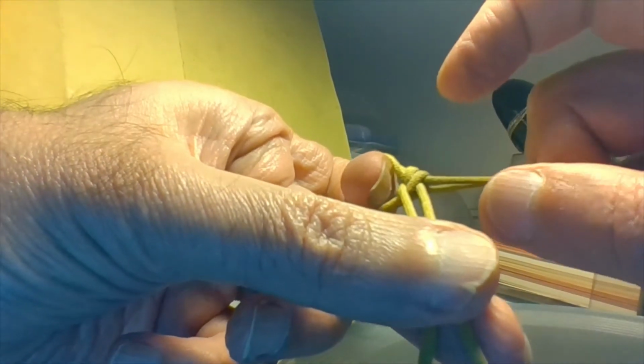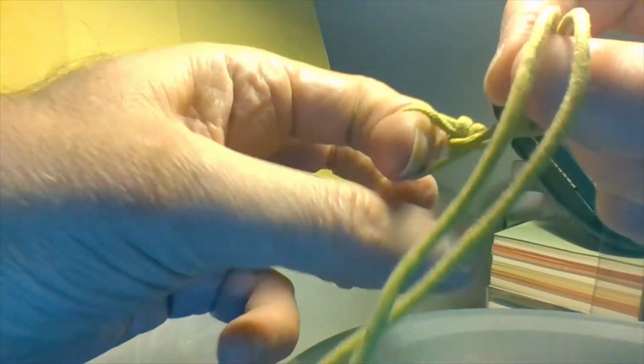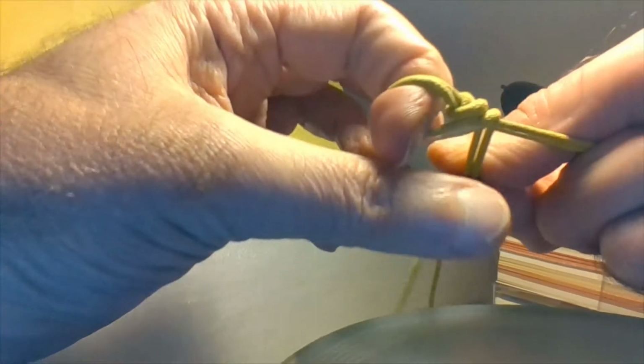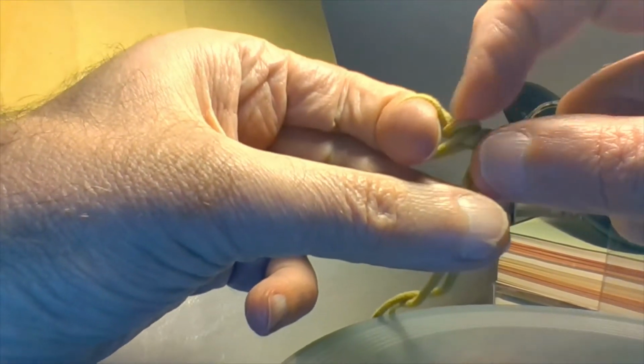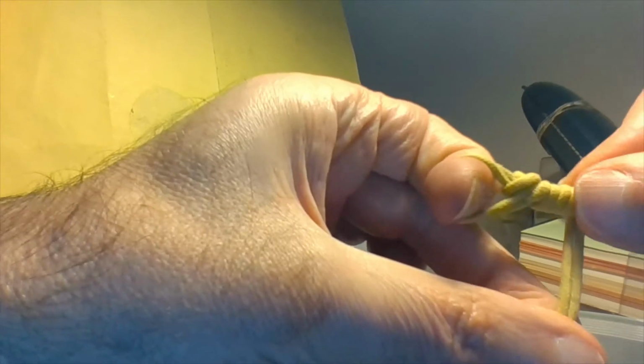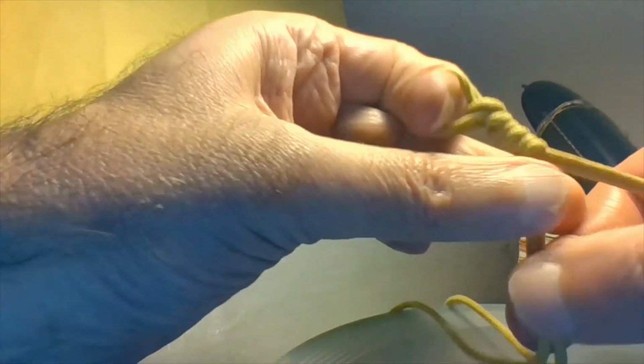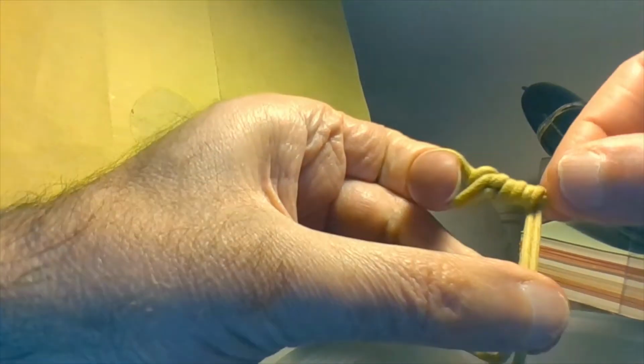Now we're going to proceed to wrap the wrapping loop around the main line and the tag. I normally go 3 at a time before bunching them all together. So there's 1, there's 2, and there is 3. Push them all. Normally I do this with braid because it's easier, but you can see how they're nicely forming